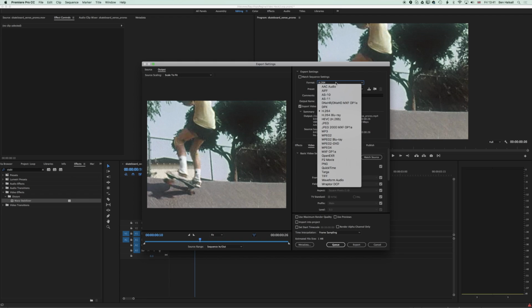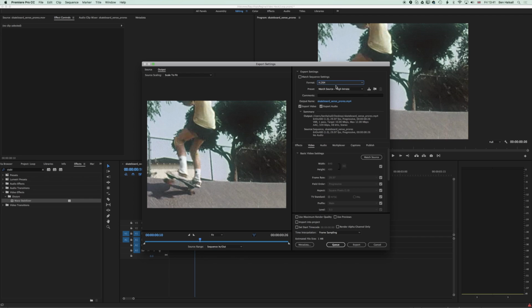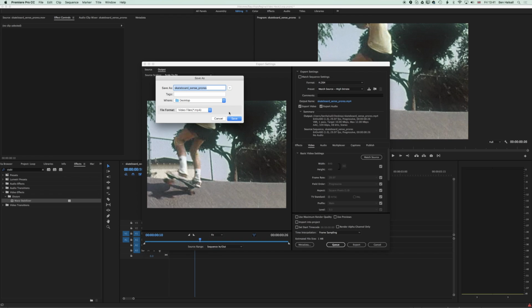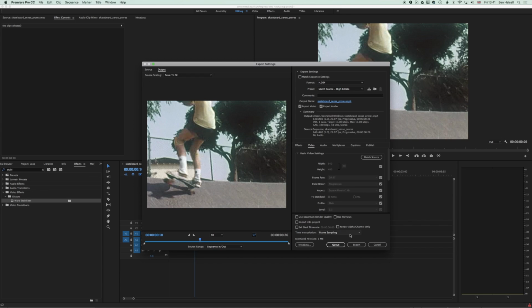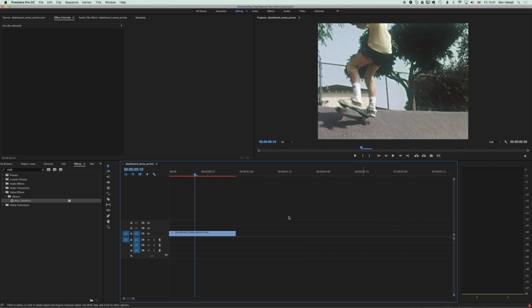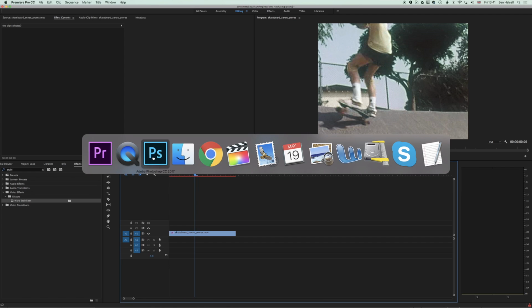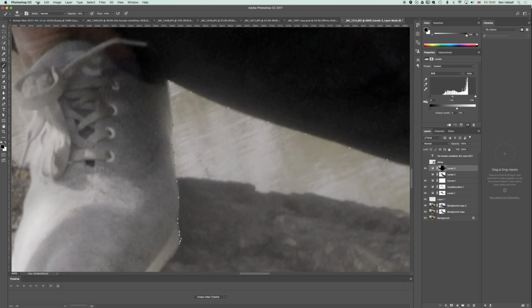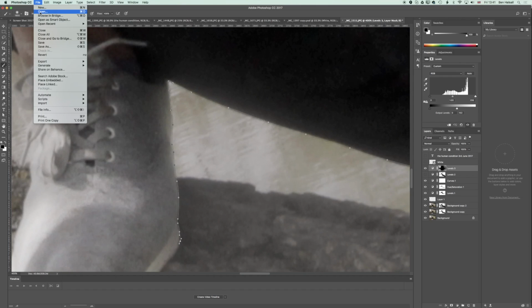So in Premiere Pro we can't get the GIF format, we do need to go into Photoshop to do that. So that's why we're exporting out this MPEG-4 video first, and we'll just choose where we're going to export this out to. So straight to the desktop is fine, and then we'll export this out, and it shouldn't take very long at all to export. It's a tiny video file, and now we'll jump into Photoshop and we're going to go to File and Open